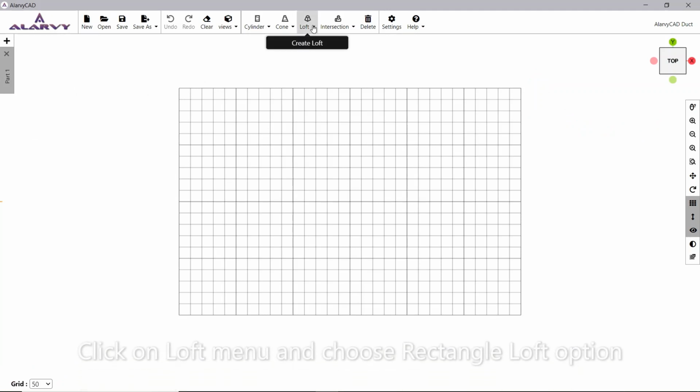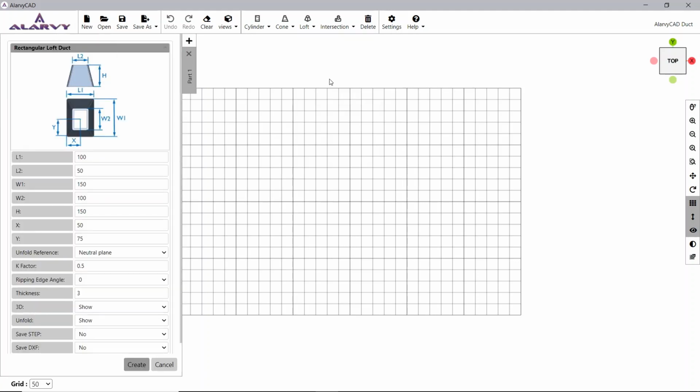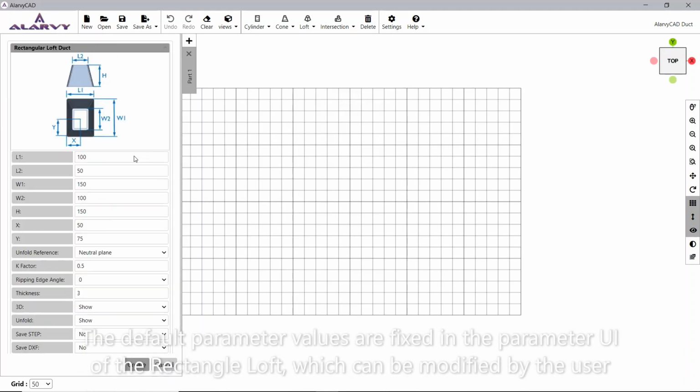Click on Loft menu and choose Rectangle Loft option. The default parameter values are fixed in the parameter UI of the rectangle loft, which can be modified by the